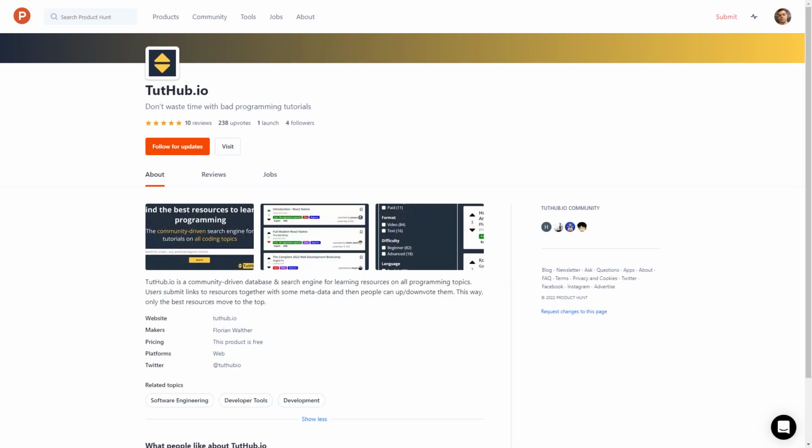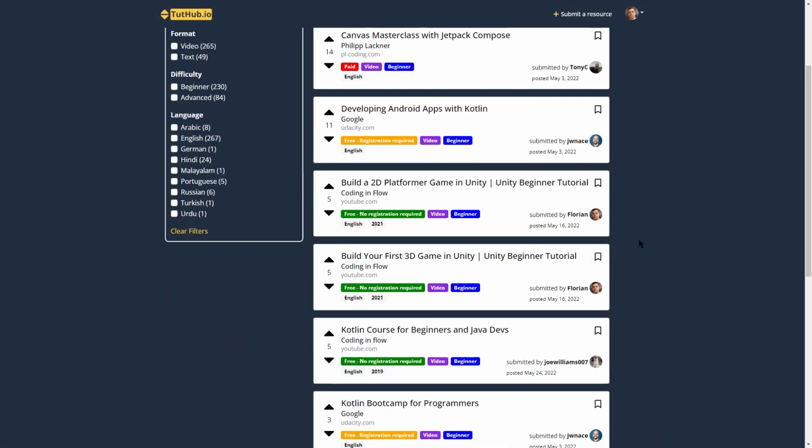But before we come to that, I want to thank everyone who upvoted TwoTab.io on Product Hunt. We got, I think, 240 or so upvotes. Unfortunately, I made a little fail because I didn't pay attention to the time zone that Product Hunt uses. I launched TwoTab, I think, 2 hours before midnight of their time zone, which made it basically impossible for TwoTab to become product of the day or get a high ranking for that day. But anyway, thank you to everyone who upvoted, and also thank you to everyone who already posted resources on TwoTab. We already got a few hundred resources, really nice.